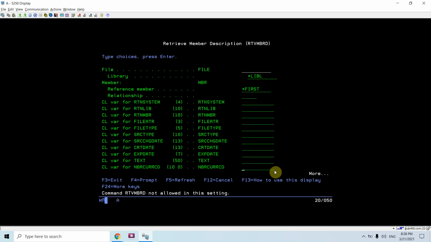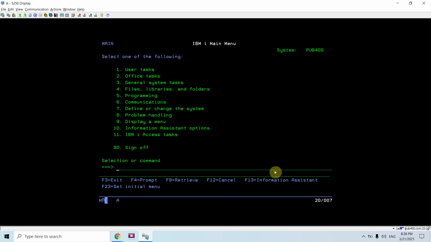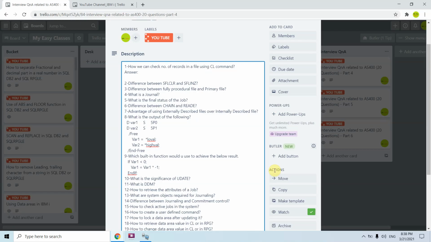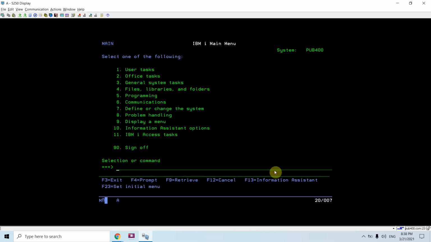If it's a single member file, it has only one member, which would be *FIRST. But if it is a multi-member file, we can retrieve the number of records in each member of that file. So the second command is this one, and let me tell you the third way.